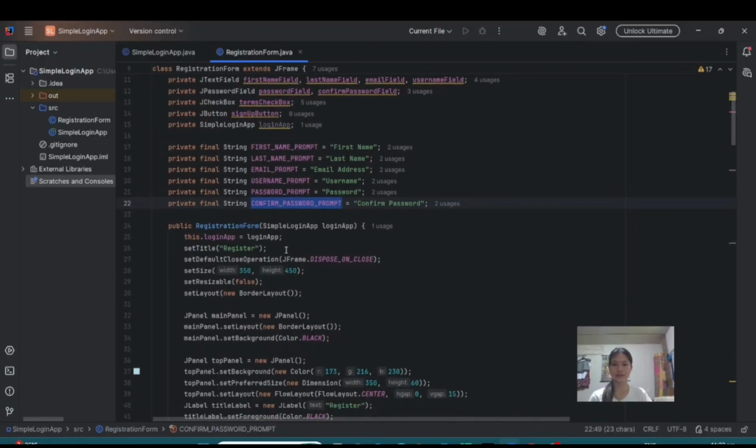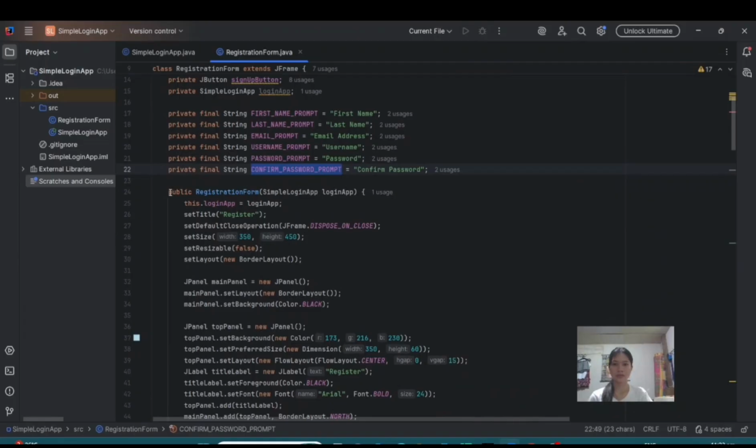So next, the public RegistrationForm constructor with SimpleLoginApp loginApp. This is the setup code.